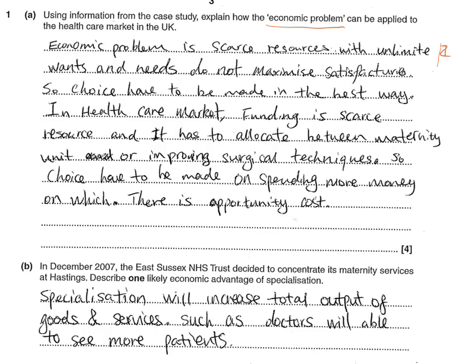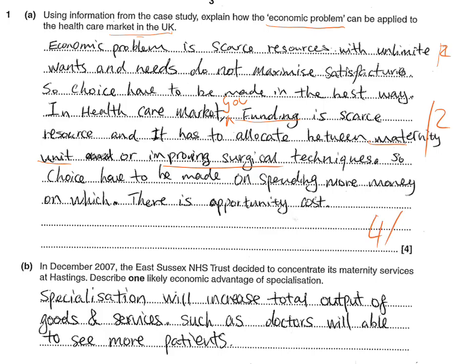So the choice has to be made in the best way, and in the healthcare market, funding is a scarce resource, so better to say government funding in this, because it's the healthcare market in the UK. It's a scarce resource. It has to allocate between maternity units or improving surgical techniques, so we've got the two alternatives there, so a choice has to be made on spending more money, and there's an opportunity cost. So we've got the application because we've got the scarce resources, and we've got the application of what the alternative